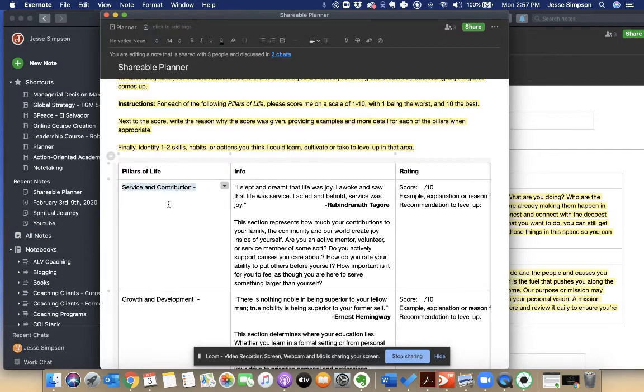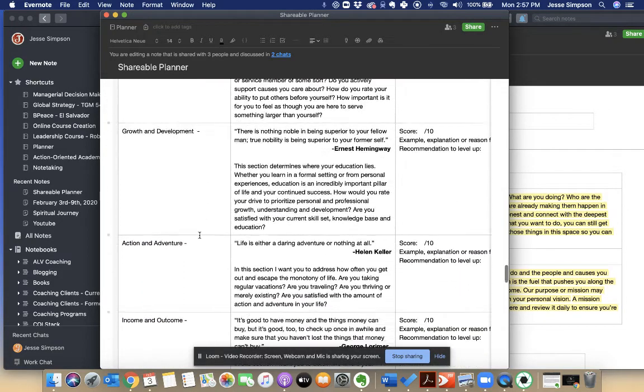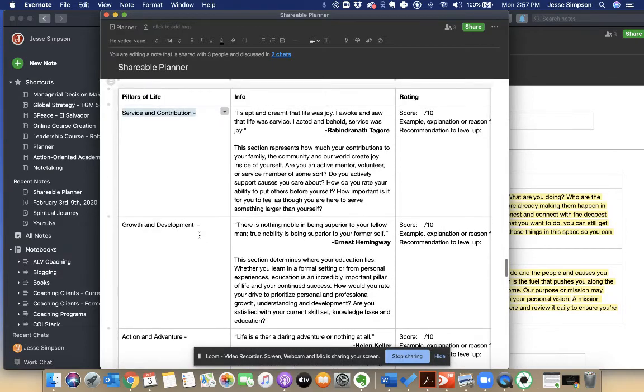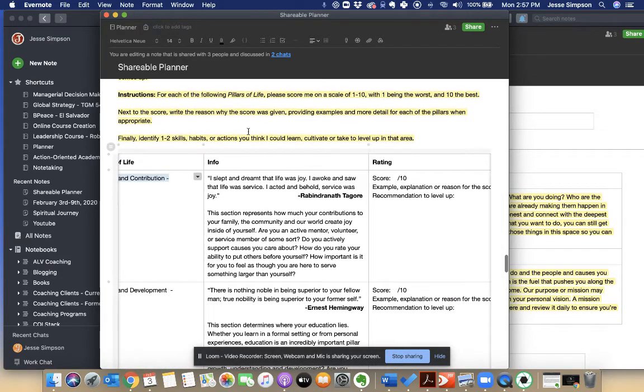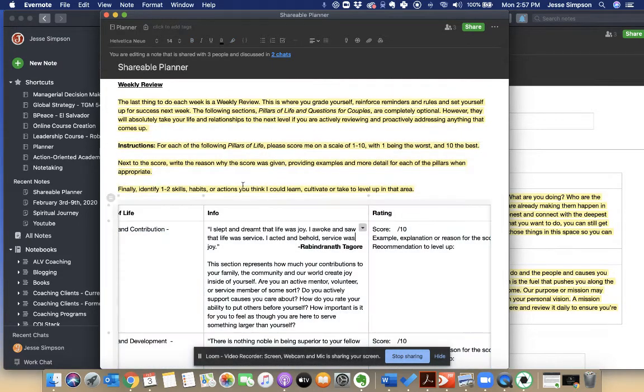but basically these are what I call pillars, right? And there are 11 pillars that make up who we are as human beings, all right? Service and contribution, growth and development. I'm not going to get into all these things now. You can read through them yourself, but you will go through this. Actually, here's the instructions right here. You'll go through this,